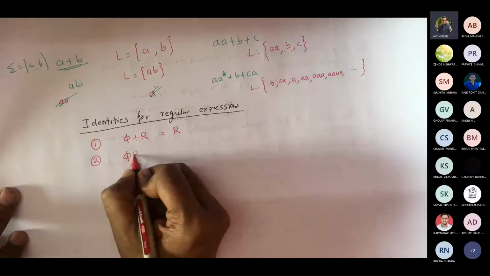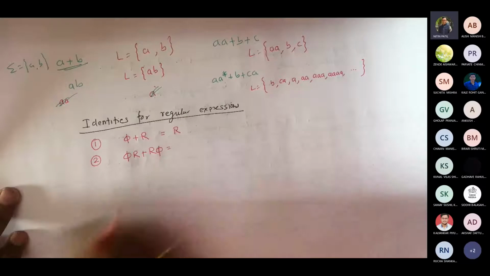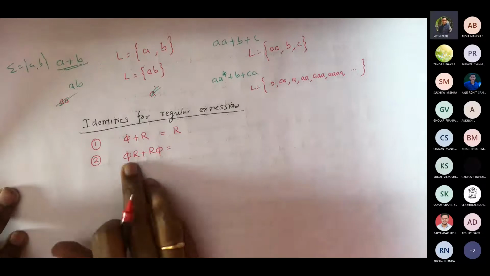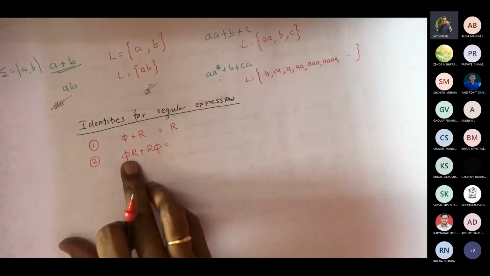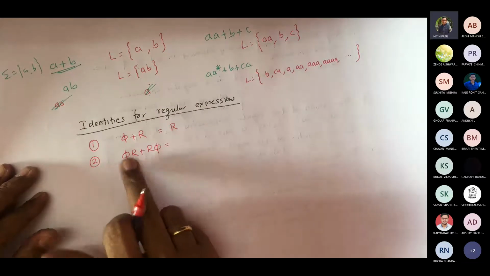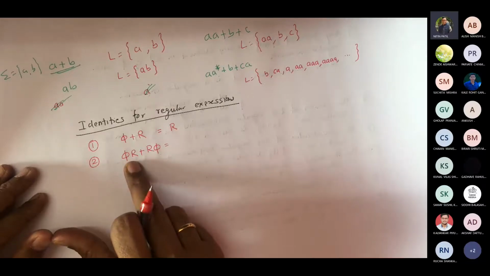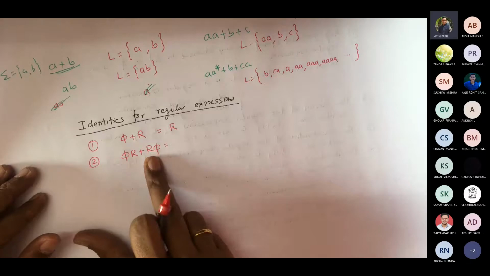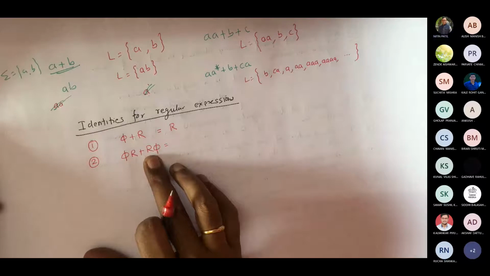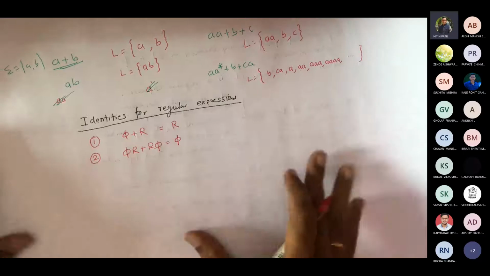Now let me use concatenation. Phi R plus R phi. So if I have concatenation, empty string, that means even if there are some transitions going to the final state, from initial there is no outgoing transition to the in between states or even the final. So that's why phi r. Even in this case, from initial we have transitions, but there are no transitions going towards final. So that's why this is written as phi.